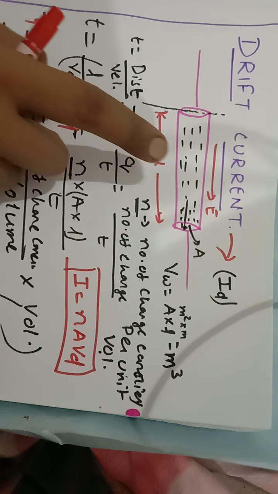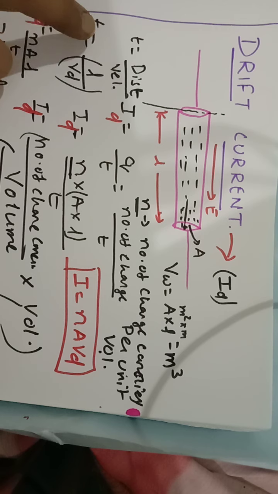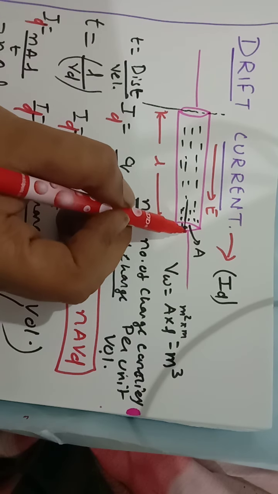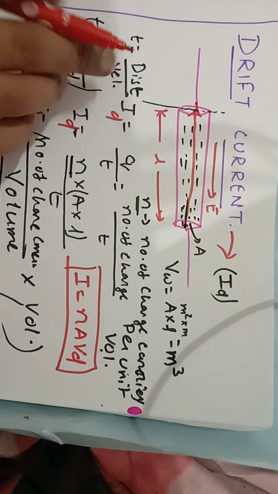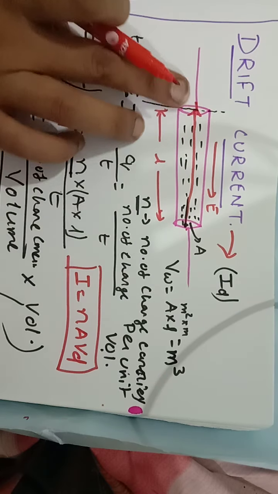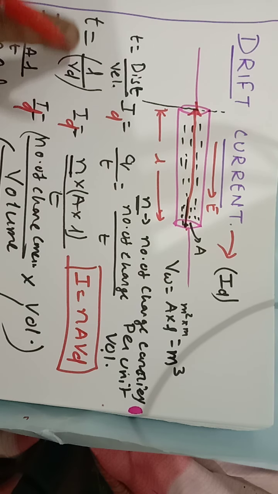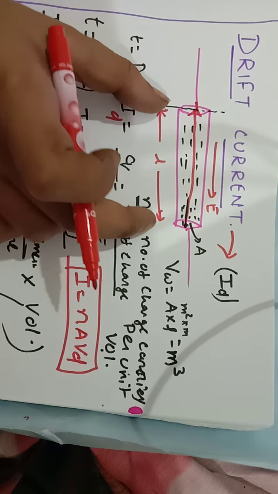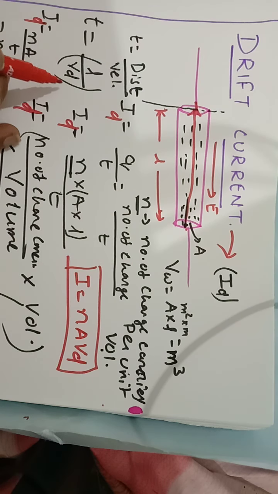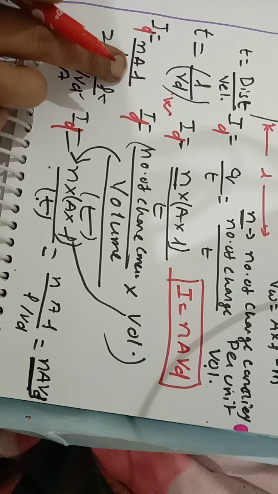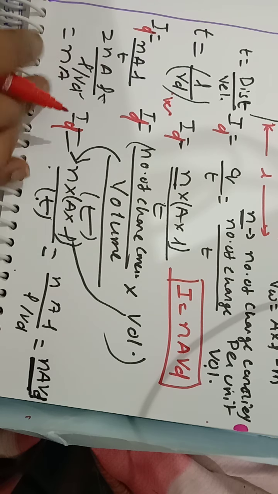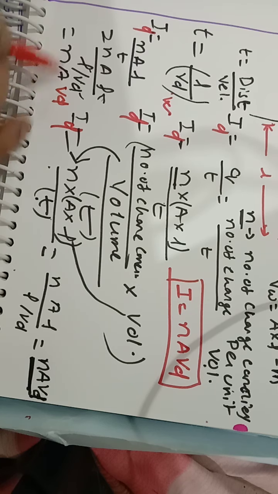How can we calculate time t? Time t is the time when the last electron passes through this entire length and finally crosses this cross section. Then we can say every electron has passed. That time will be the total length L, the full length it is passing, by the velocity Vd. So Id will be NAL by T, so NAL by (L by Vd). So it will be NAVd, right?